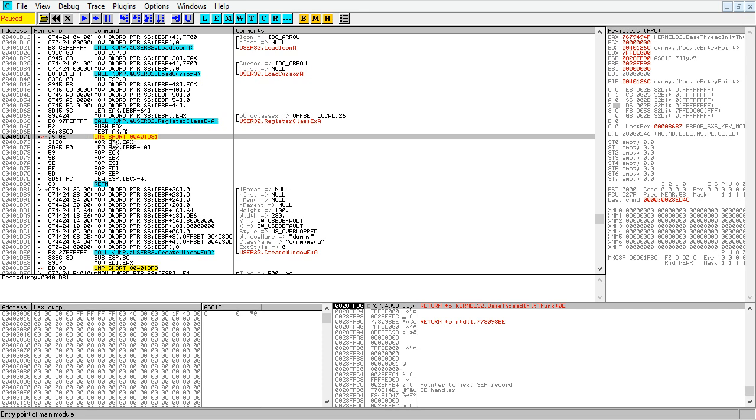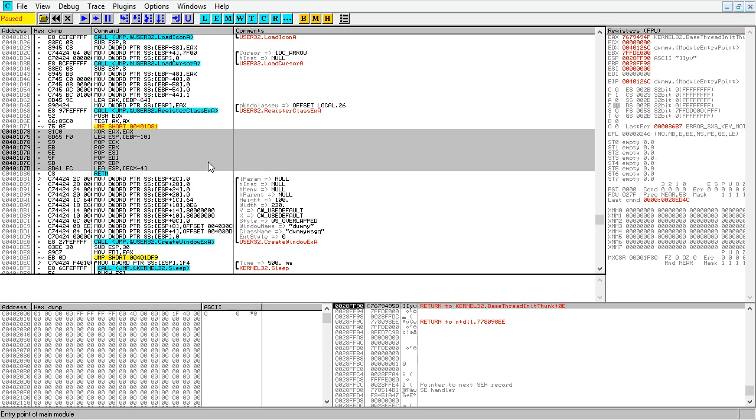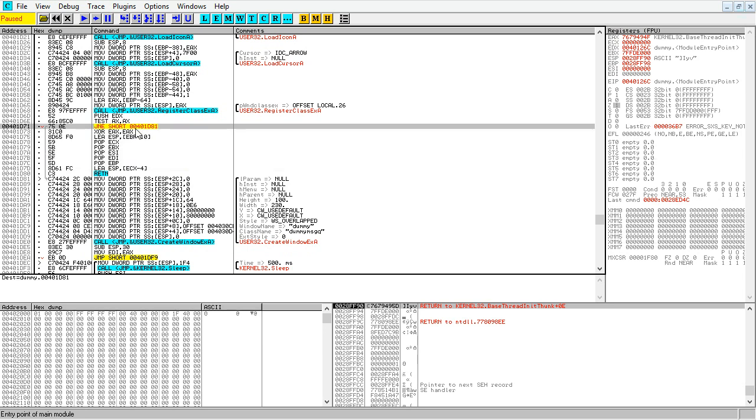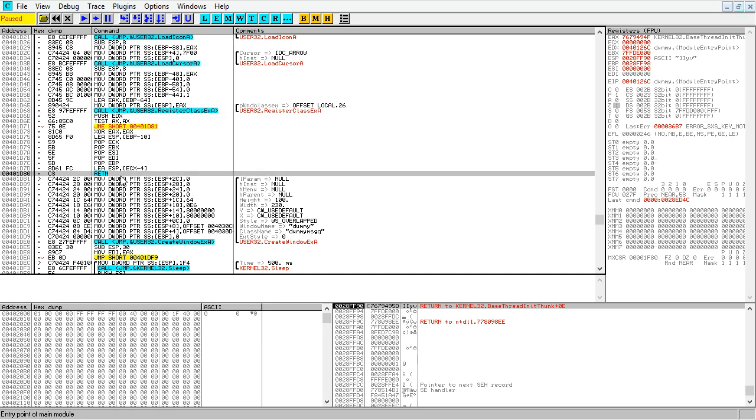I don't like it when compilers do this, because what it's actually saying is, if it's not 0, then continue. If it is 0, then return and just quit. So if it's not 0, so if it is 1, or if it is good, go ahead and come down